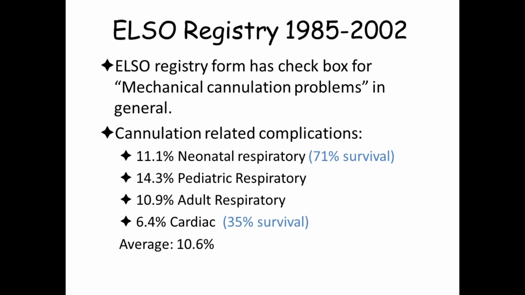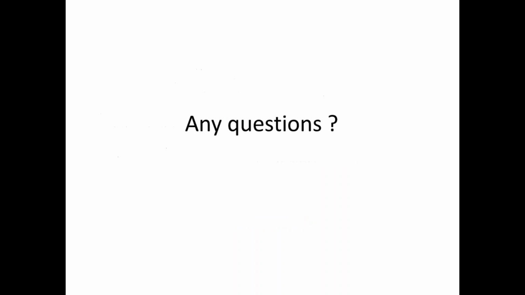In the ELSO registry from 1985 to 2002, mechanical cannulation problems were seen in almost 10 to 11% of neonatal and adult patients. To cut short the talk, what is most important in cannulation is selecting the size of the cannula and the site of cannulation, whether you have to go for central or peripheral ECMO. And then we'll have a now